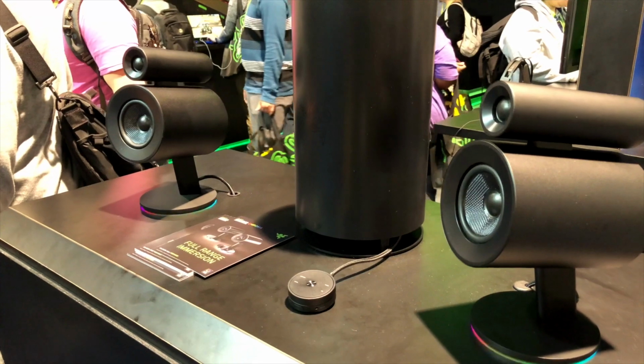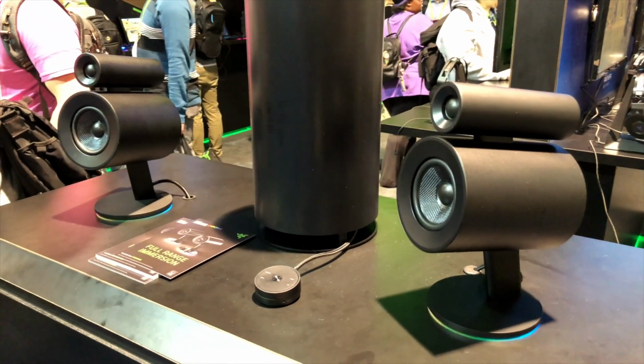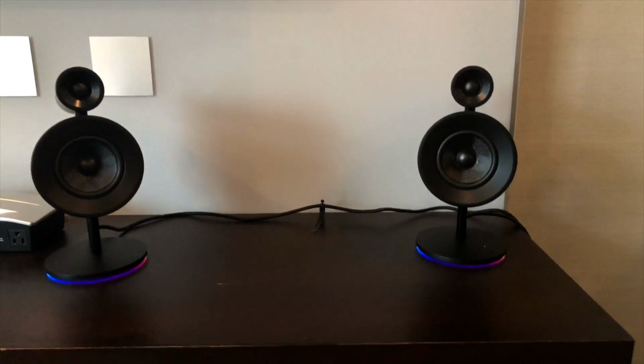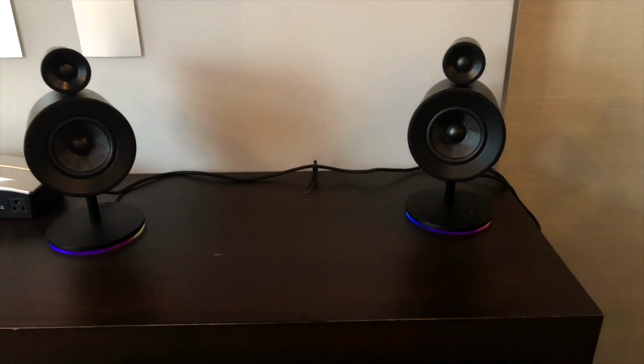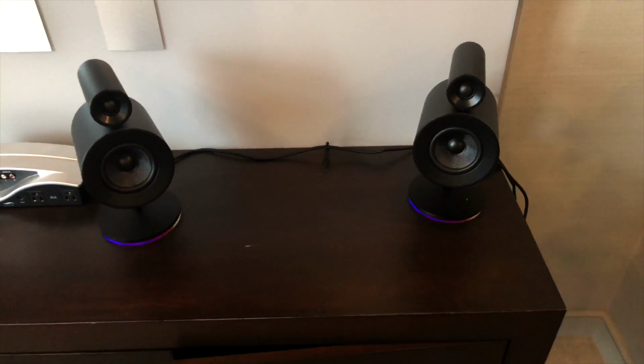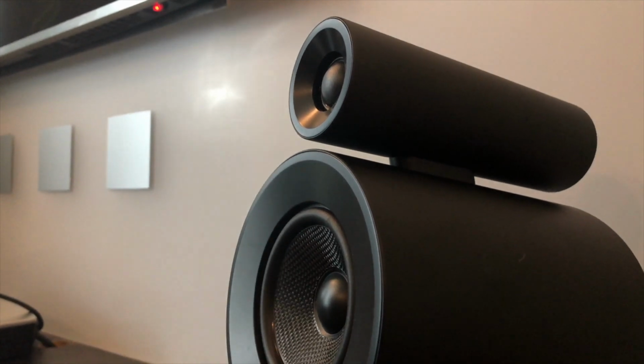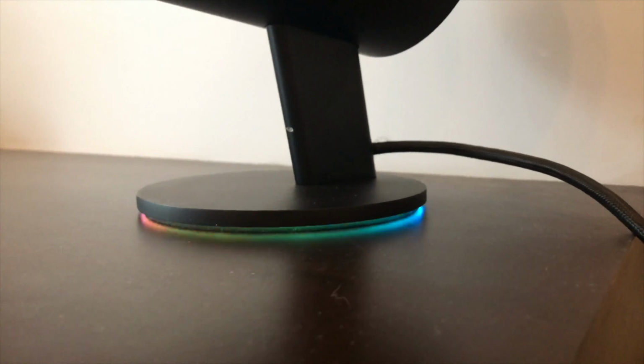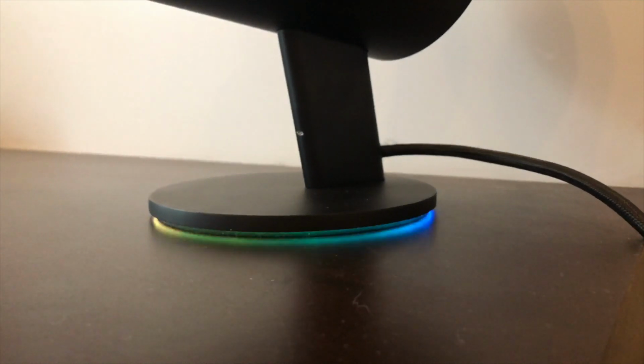So I, for one, really like the aggressive and non-traditional look to this. You've seen desktop speakers in the past. These definitely branch away from that, and the drivers and the tweeters are their own separate part of the construction of this. And of course, you've got an RGB light strip underneath for some cool underglow in your speaker. The Nommo Pro also comes with a cylindrical subwoofer, and I can tell you from experience when I